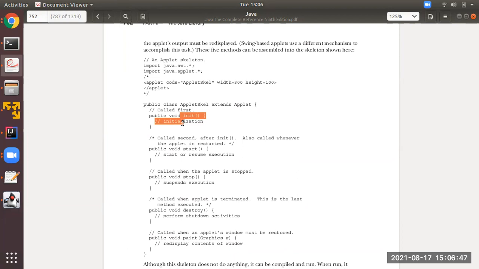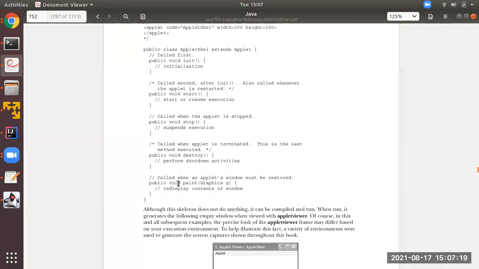Remember, this is the first method which will be invoked for the first time when you run the program. After that, the next one will be the start method. At any point of time, if you want to stop your applet, then this stop method will be invoked. Later on, if you want to completely close it, use the destroy method.